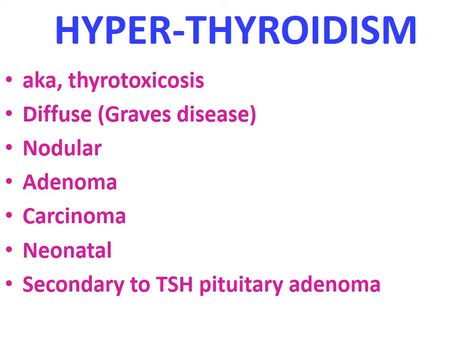So the autoantibodies, the thyroid stimulating immunoglobulins, cross the placental barrier, and they result in hypersecretion of thyroid hormones in the babies and present with neonatal hyperthyroidism. Now, it could be secondary to a TSH-secreting pituitary adenoma of the anterior pituitary gland, and that is secondary hyperthyroidism, or it could be tertiary if it's due to a hypothalamic tumor releasing excess amounts of thyrotropin releasing hormone.